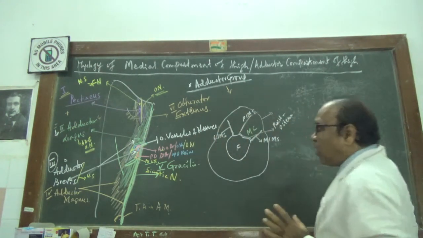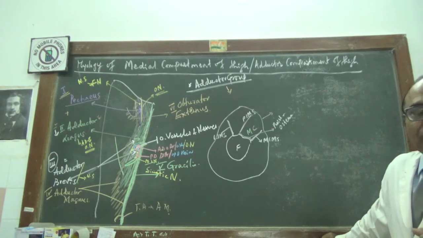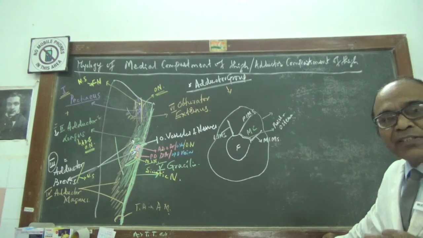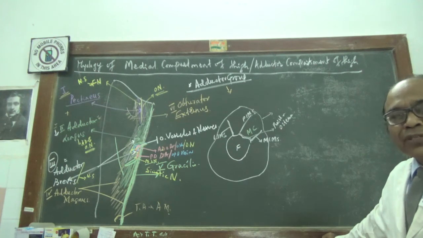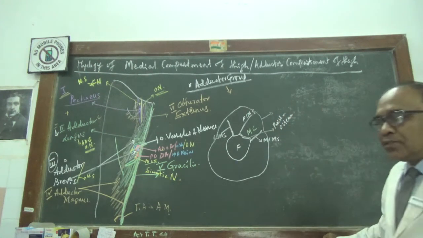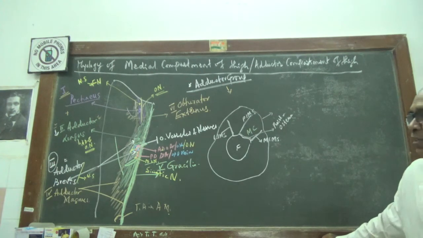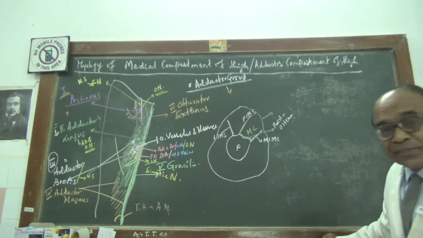Now the applied anatomy of the adductor longus. If the fibers of the adductor longus are damaged, or the nerve filament of the anterior division of the obturator nerve which supplies the adductor longus is damaged, so neural damage and muscular fiber damage, the person will not get the action of adduction of the thigh, especially when riding a horse, and can lose the grip of the saddle. So it is called the rider's thigh.